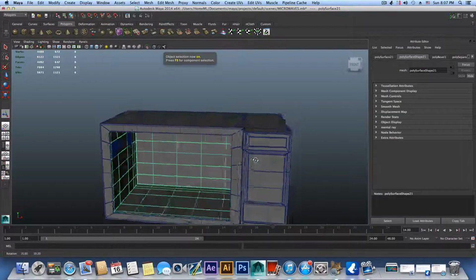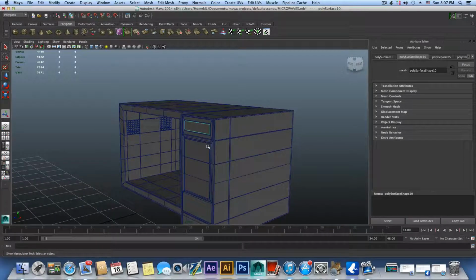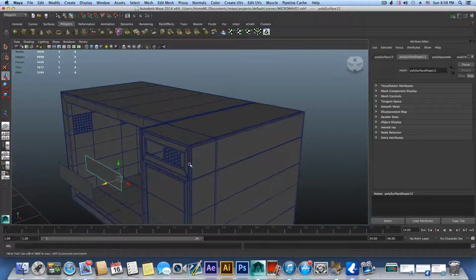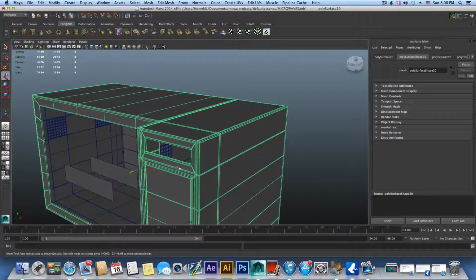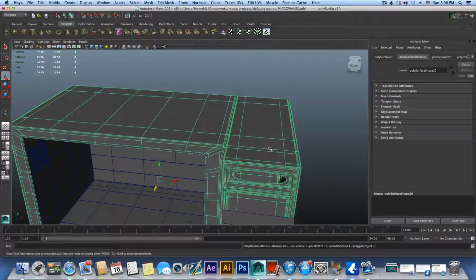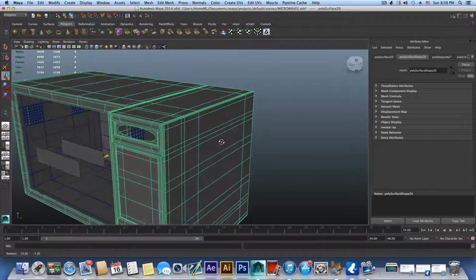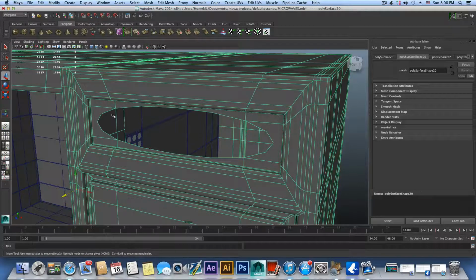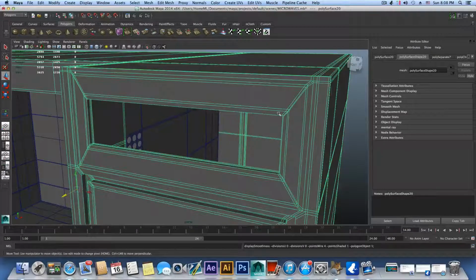Now here, if you remember, we created two faces. Okay, we have this one and we have the one inside. I will just bring them outside for a second, and I'm going to smooth this microwave by pressing 3. Okay, so this is what's happening here. See here, this area is becoming rounded, so I will press 1 to exit this smooth preview, and I'm going to add